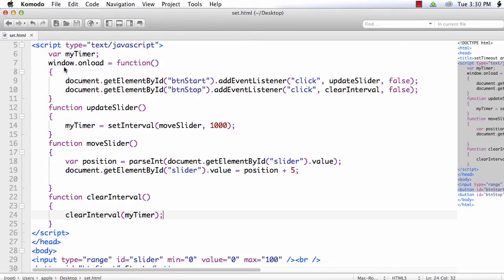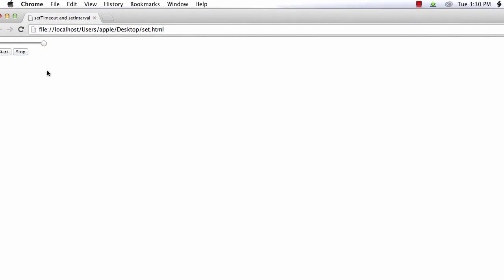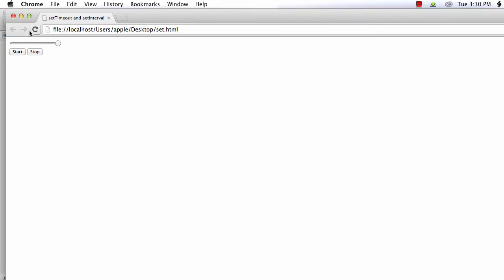So let's again run this one. Refresh, start. It is getting updated. Once it reaches 100, we can click the stop button to clear the timer.